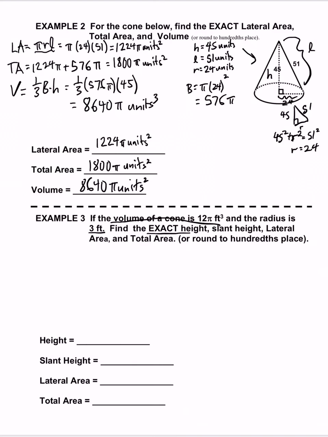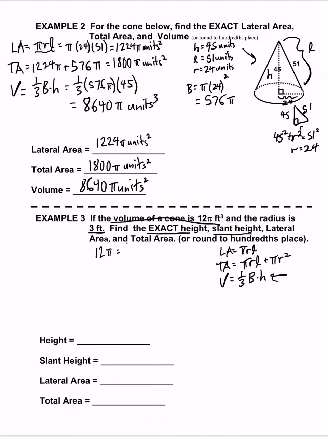So to find the height and slant height, etc., I need to think about my formulas. So I have LA is pi RL. I have TA is pi RL plus pi r squared. And I have V is 1/3 base area times height. So if I want to find the height, the only one of these formulas that has height is my volume formula, and I'm given the volume. So let's just plug it in. So in place of V, I'm going to write 12 pi